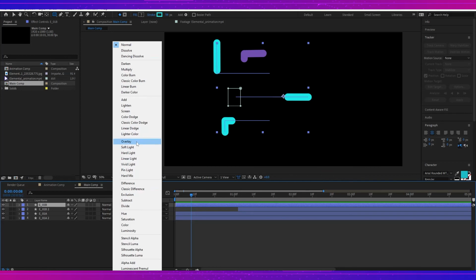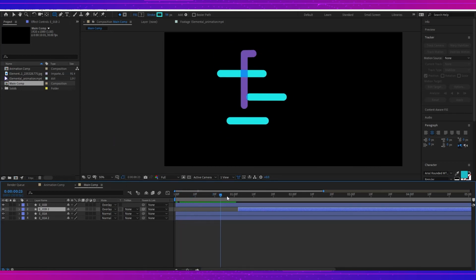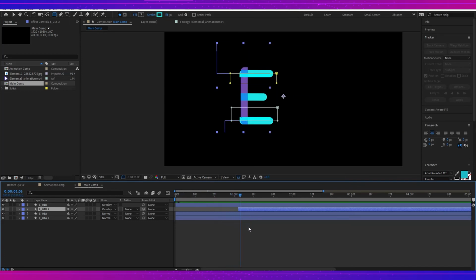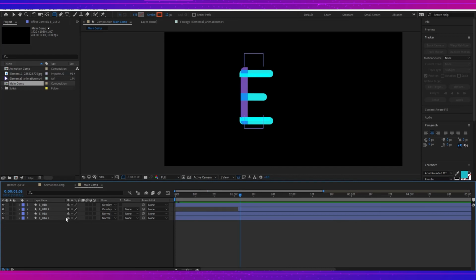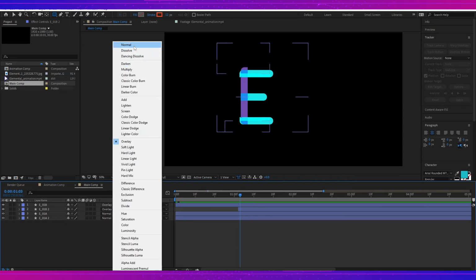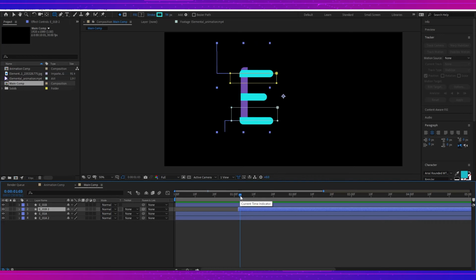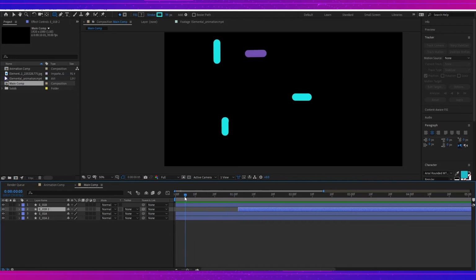If we actually overlay both of them at this point, you can see how the other layer is reacting here. So I just change them to normal and I trimmed out the duplicated layer at this point